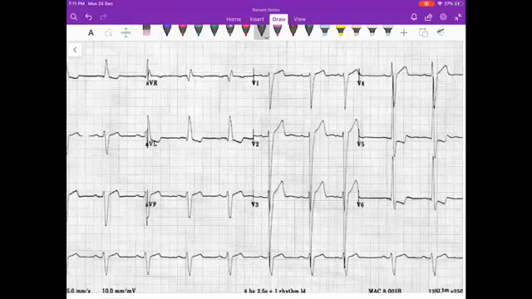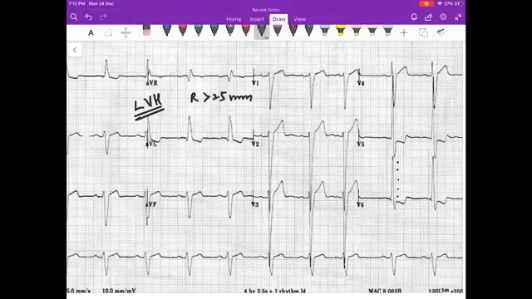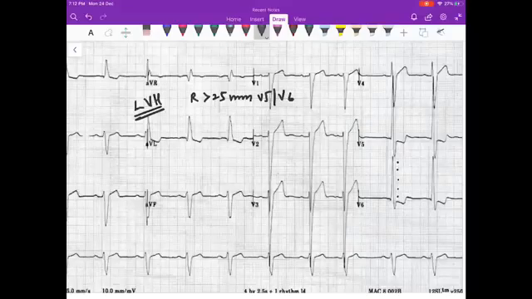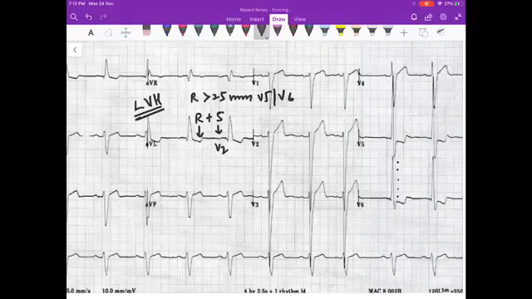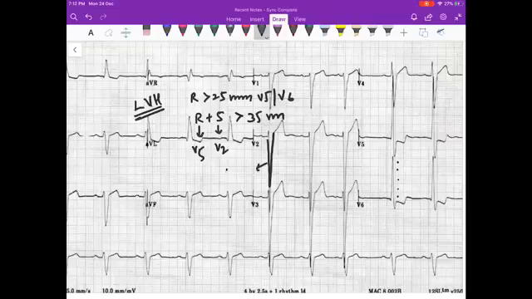What do you see, friends, in this ECG? So this ECG is characteristic for left ventricle hypertrophy. The criteria for left ventricle hypertrophy is more than 5 boxes, 1 2 3 4 5, in V5 or V6, R wave more than 25 mm in V5 or V6, or R wave plus S wave in V2 and R wave in V5 more than 35 mm. You will see in this that V2 is very negative. This is due to LVH,